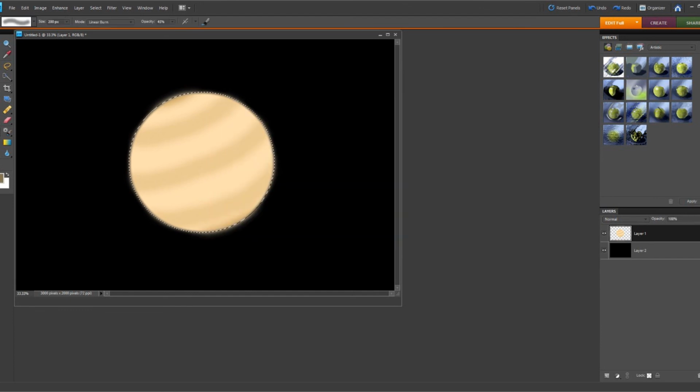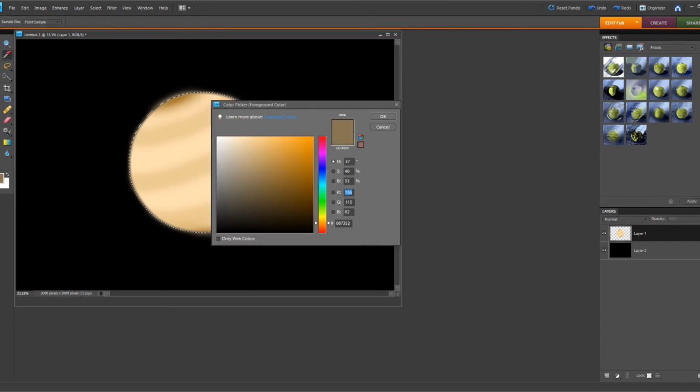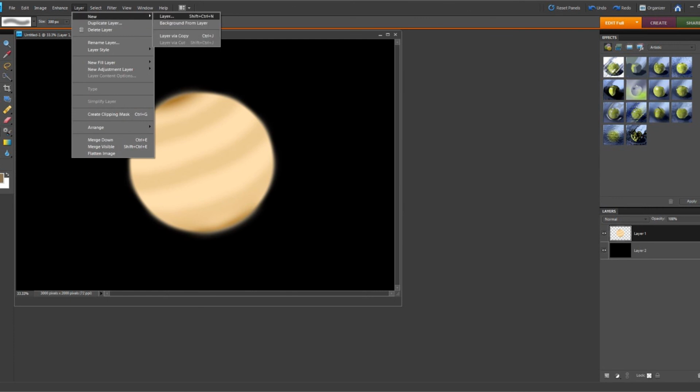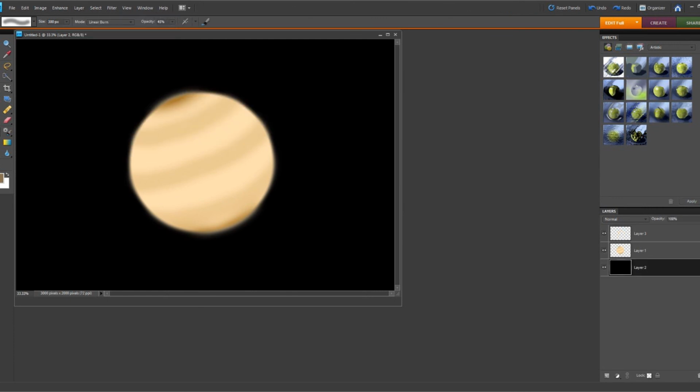Let's make the poles a bit darker. There we go. And there we go. And already we're starting to see something that resembles Saturn, just obviously without the rings. Before we get to the shadows, however, we do need to do the rings first. So deselect that. Now I'm going to make a new layer. And in fact, right, what I'm going to do, bear with me here, this is going to seem a bit weird at first, but